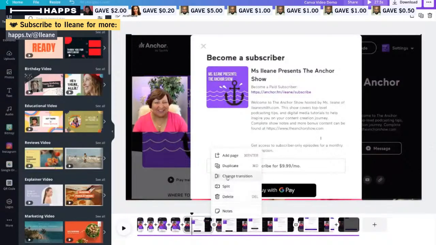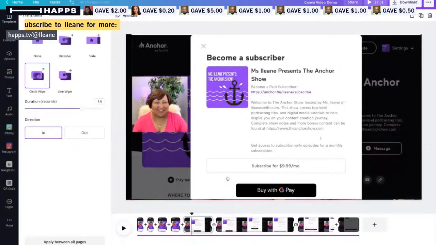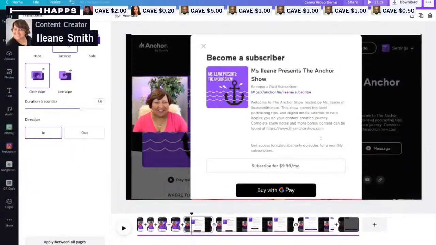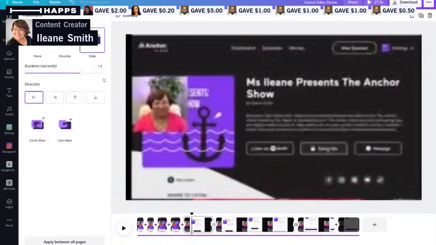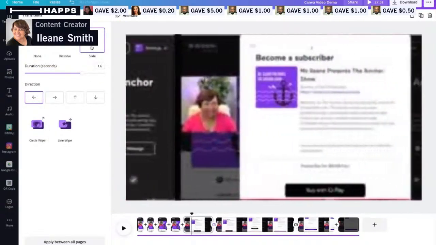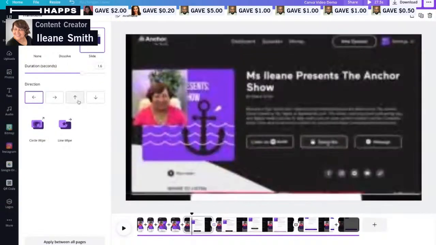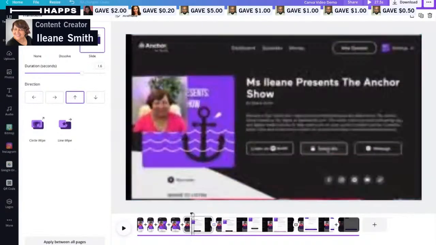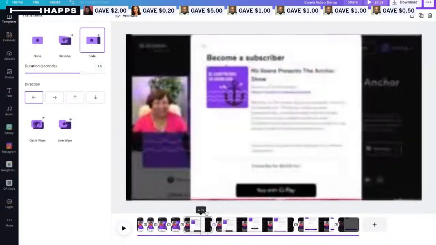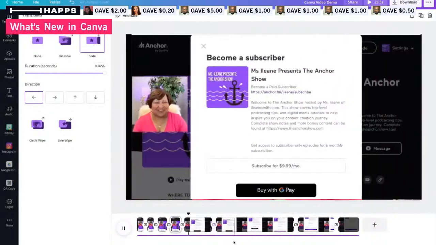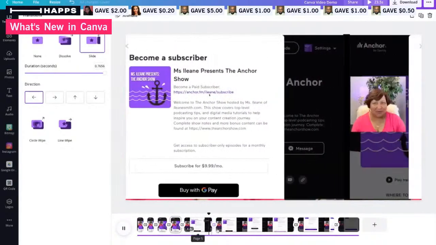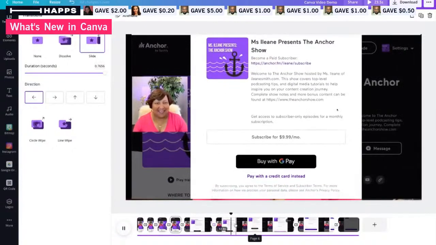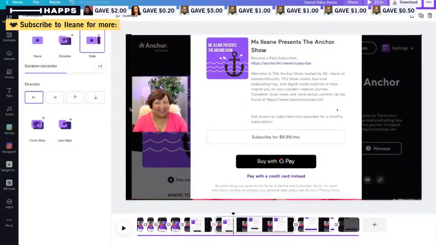You can put in transitions. Let's see what I'm going to do here. I'm going to put in a transition. Do you see this one here where it's sliding? Matter of fact, I think I wanted to go up and down. So there you go. And I'm just going to say apply it between all the pages. So here you go. They'll get this message. There's a little break. You see that there? It's going and applying that. And what I could also do here